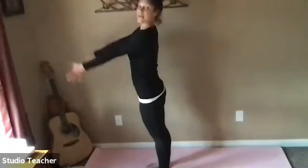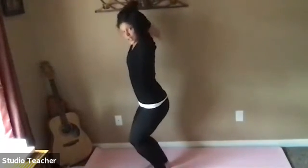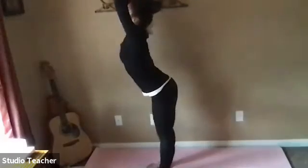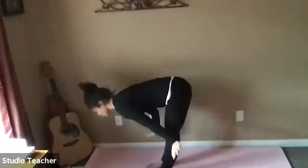We'll inhale, lengthen your hands up to the sky. Bring your palms together. Now let's bend at the elbows and touch the back of your heart. So you're just getting the tricep stretch. And then we'll inhale, lift the hands up to the sky. Look between your joined palms. Exhale, swan dive down. Lead with your chest